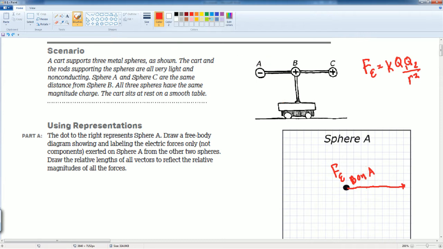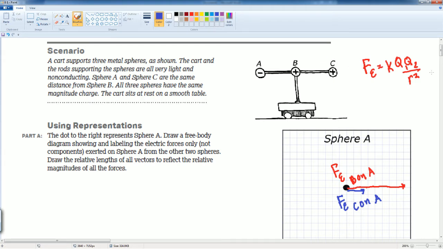Then second, we have another force here. It's going to be from C, but this is going to be weaker. The reason why it's weaker is because of the R value. So it's going to be slightly weaker. So we can make this 1, 2. And this is the electric field force of C on A. So notice A here experiences two forces going to the right. It is both due to B, which is stronger, and a little bit weaker, which is C, because C